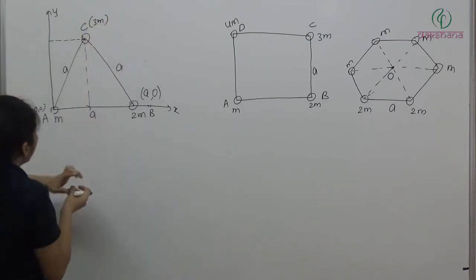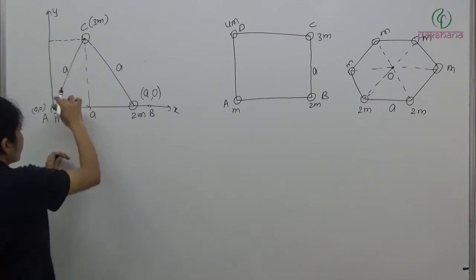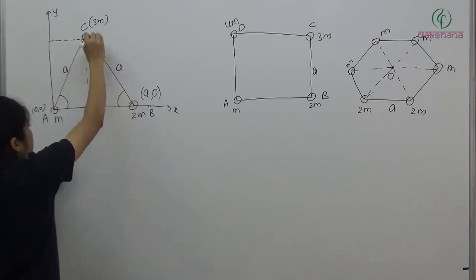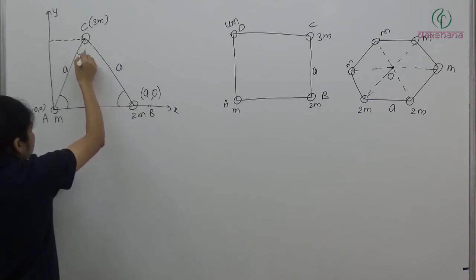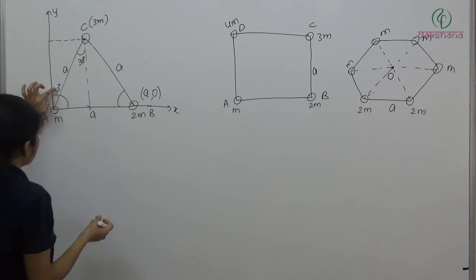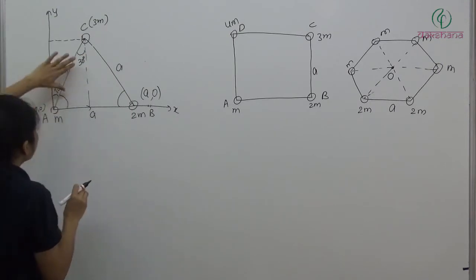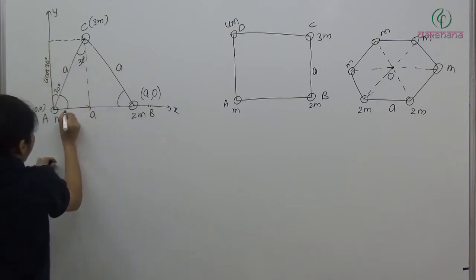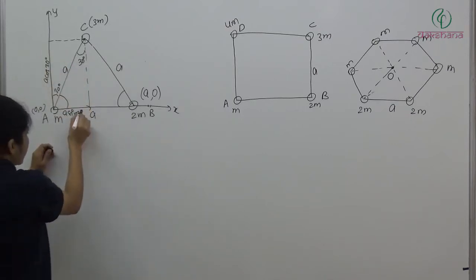Right? So now we need to find out the angle. This is an equilateral triangle, so this is going to be 60, 60. The total here is 60, so this is 30. Now this angle is 30. Or directly you can say if this is 60, this is 30. So now this will be a cos 30, and this will be a sin 30.